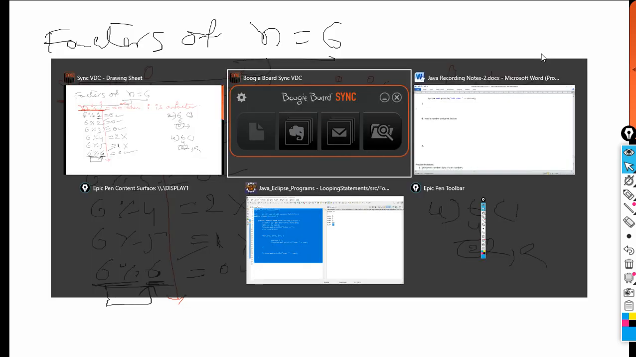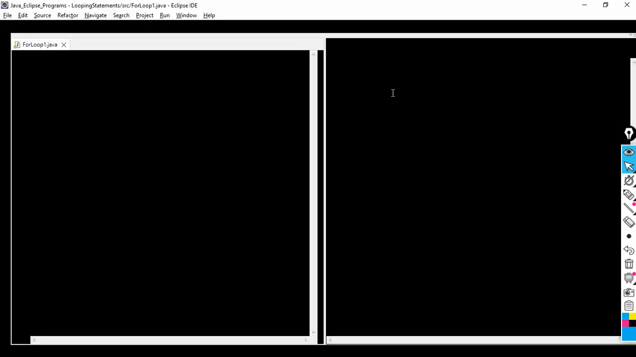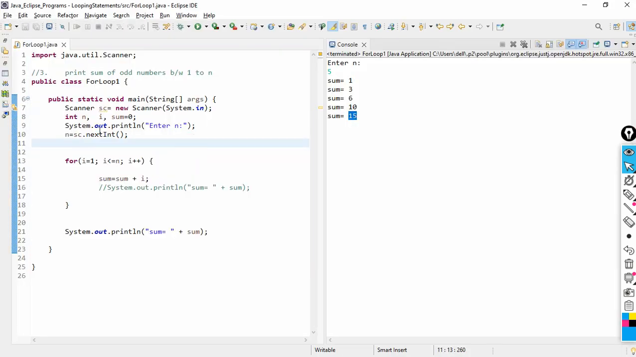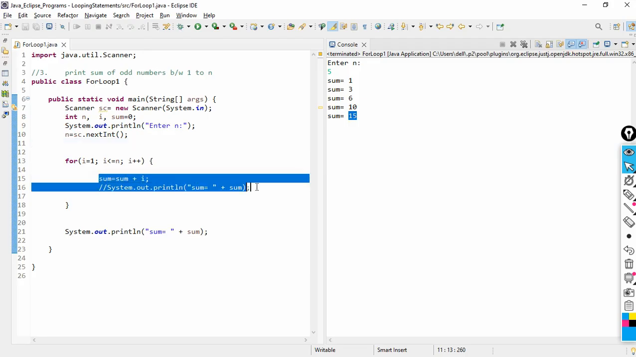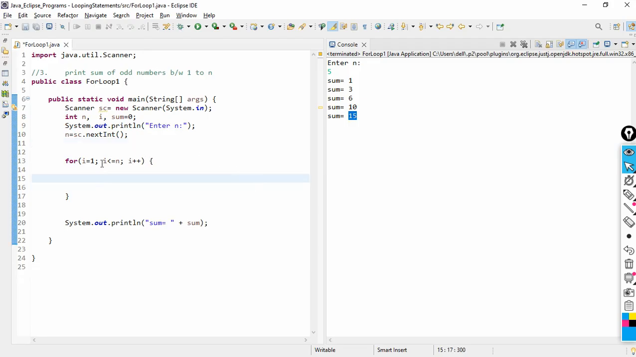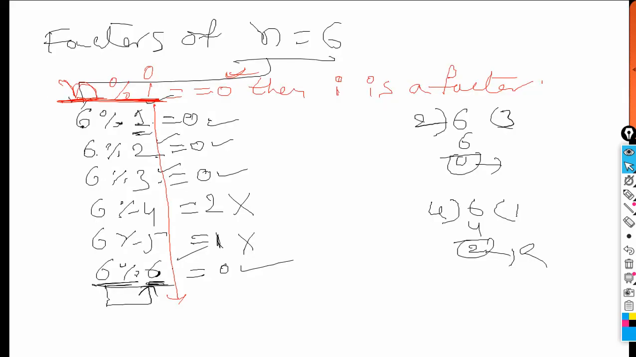So let me go to Eclipse. Here I read the number. I have read the number. What I need to do is run the loop from 1 to n, because we have to divide the number from 1 to itself. Okay, so I am going to put, let me